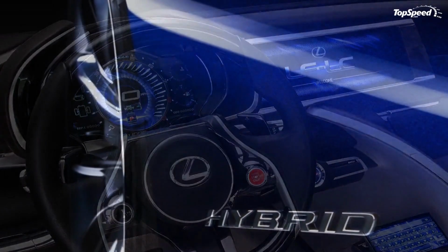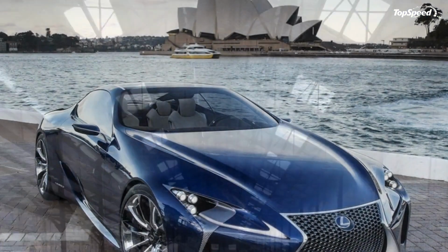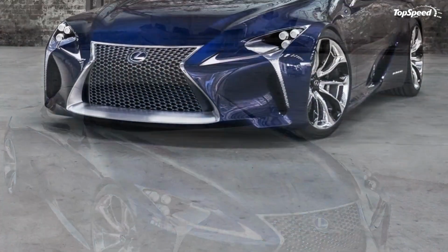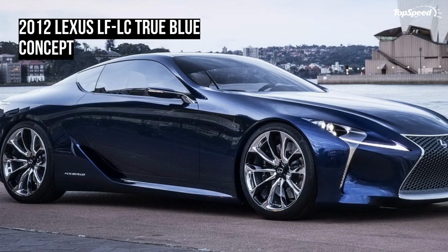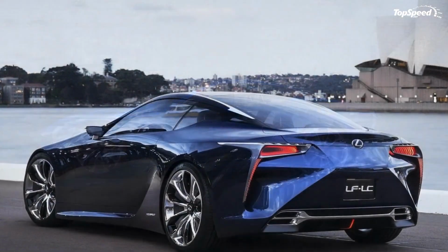Exterior. Lexus loves using carbon fiber and aluminum alloy materials on projects like the LF-LC Blue Concept. It's no different this time around because they did so in order to achieve something just about every automaker wants to do with their cars: make it as light as possible. So they did, and even better, they managed to achieve it without compromising all the plush and luxury goodies